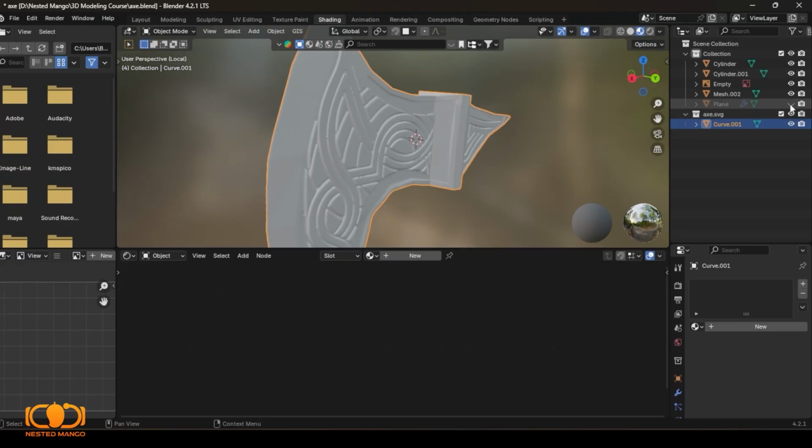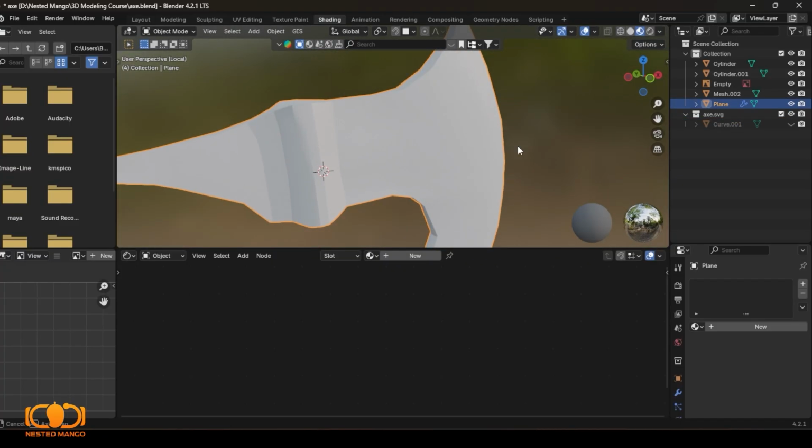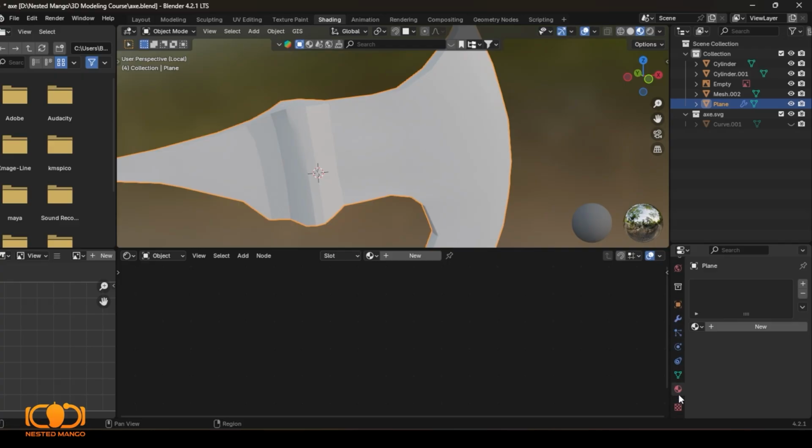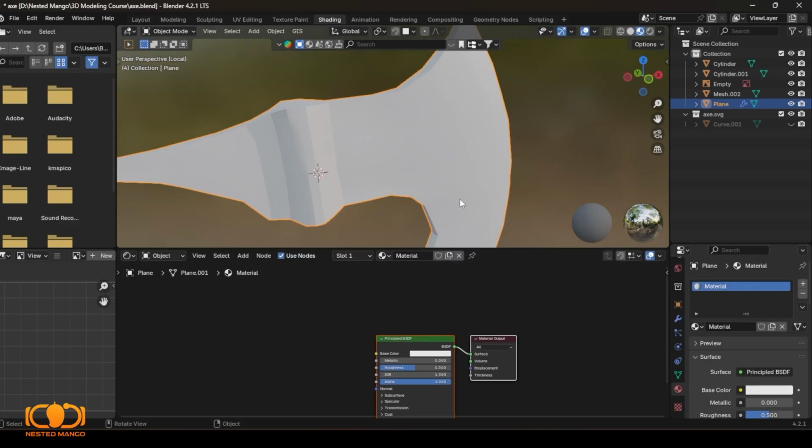So I will select the low poly model. This is a low poly model, and here we can click new, and we can also add material from here also. So I will add from here, new. I will name it X blade,